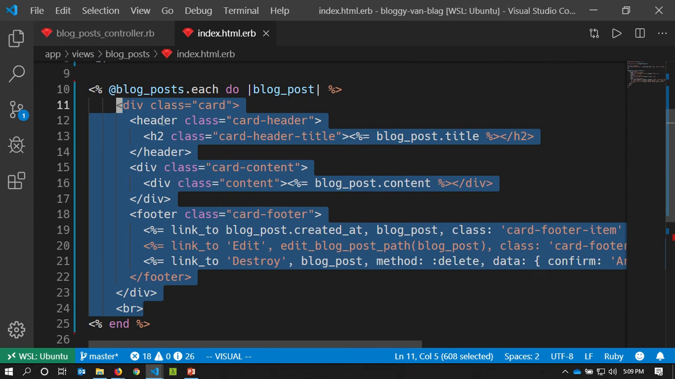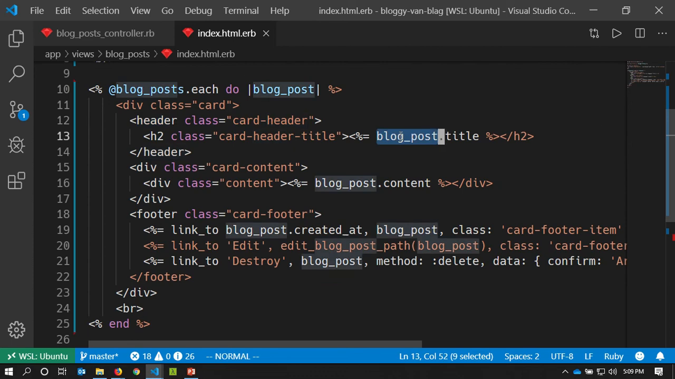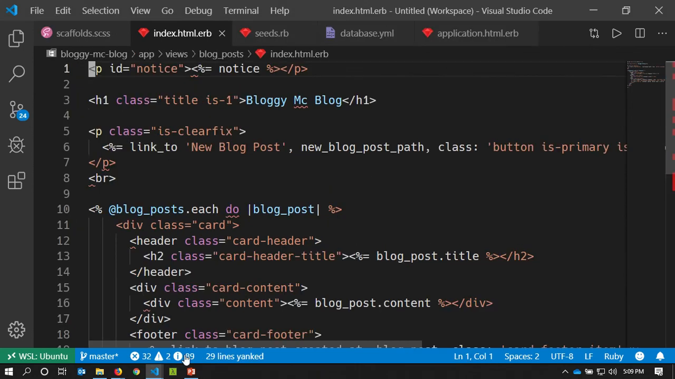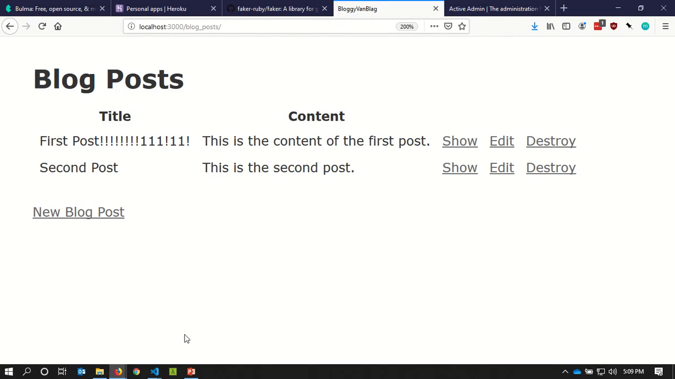Inside of a header, I'm echoing out a title. And here's the contents. And then here are links to a permalink for the blog, and the edit and then destroy. And so if I go back over to the site here,